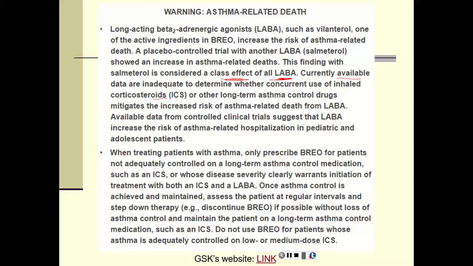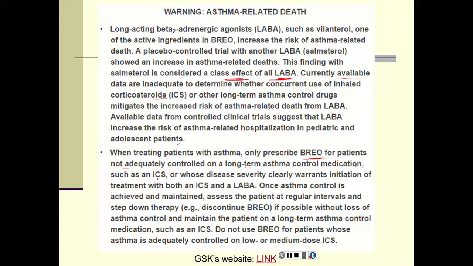Available data from controlled clinical trials suggest that LABA increase the risk of asthma-related hospitalization in pediatric and adolescent patients. When treating patients with asthma, only prescribe Brio for patients not adequately controlled on long-term asthma control